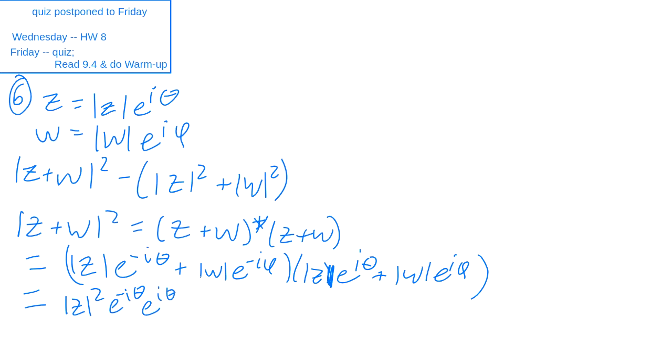Let's do the last one. I'm going to do FOIL out of order, make it more of a FLOY. And again, e to the minus I phi times e to the I phi is just equal to 1, right? And then we get